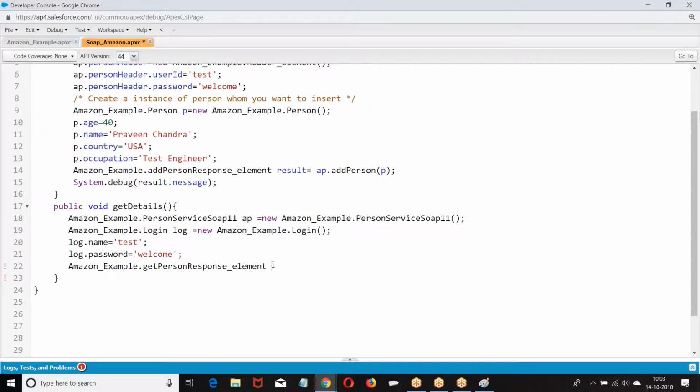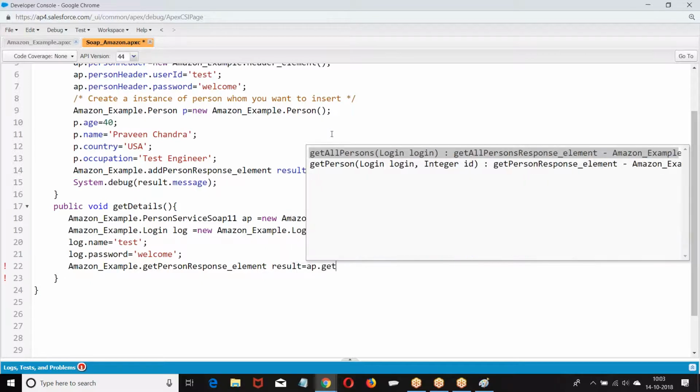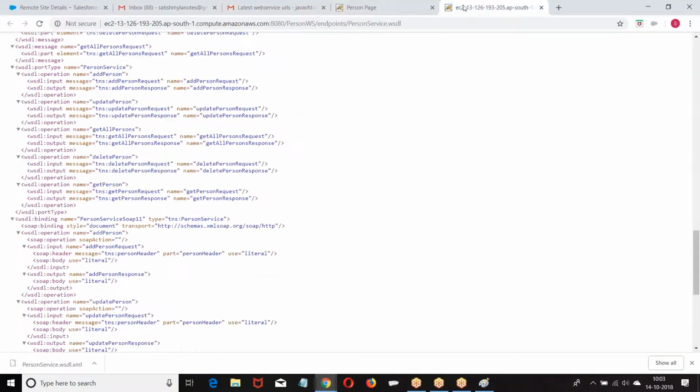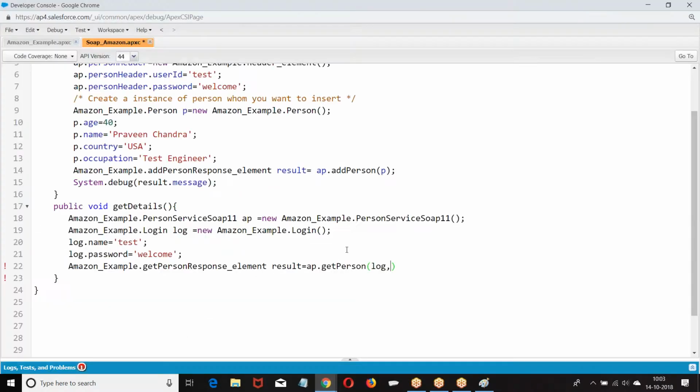Now they ask you to get, what was that? AP dot get person log and ID of the person. Which person do I want? There is a 39 which we inserted.